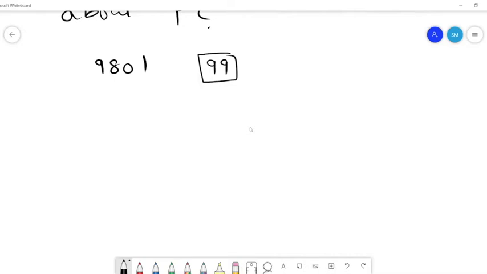Are you aware of this method called Nikhilam of multiplying two numbers which are close to powers of 10? Like you have 97 into 96. If numbers are close to powers of 10, then there is a quicker method of multiplying them. Is anyone aware of that? 100 minus 3 into 100 minus 4, like that. Exactly, it is essentially that.